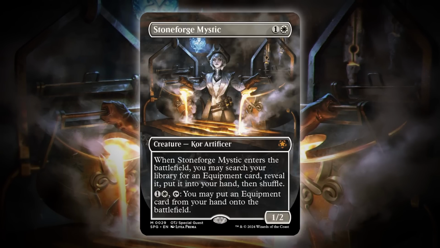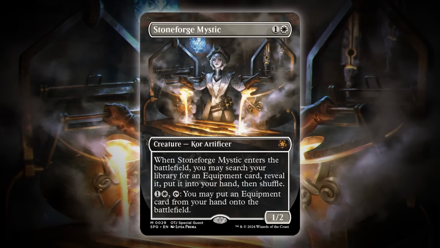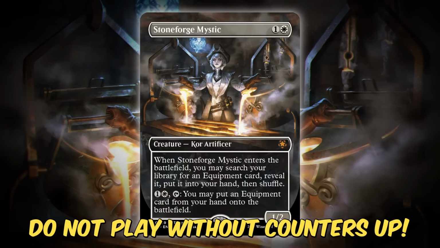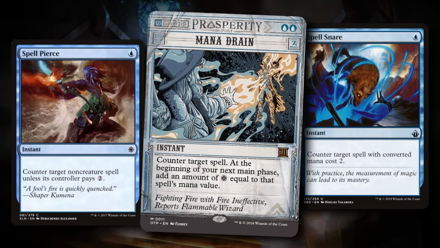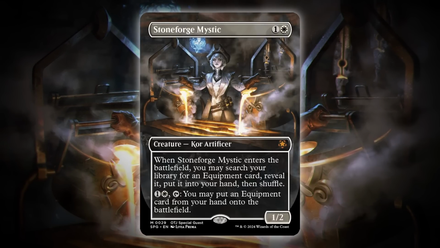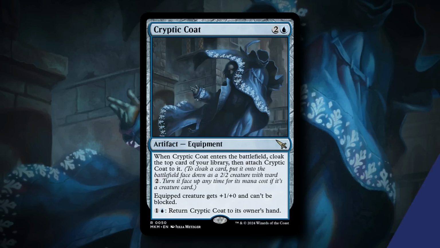So this is a deck that plays 4 copies of Stoneforge Mystic, and generally you just want to play this out when you have some mana up. Like, you don't want to play this naked without any protection, like, for example, Spell Pierce, Spell Snare, or something like Mana Drain to back it up. It's not the end of the world if the Stoneforge Mystic dies, because, I mean, we do play 4 copies of it. And generally, you want to grab a card such as Cryptic Coat if you're trying to go for